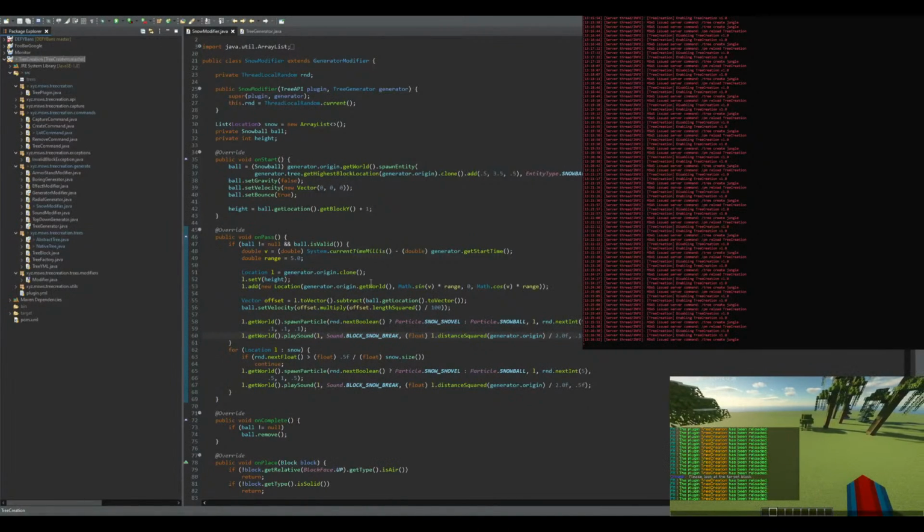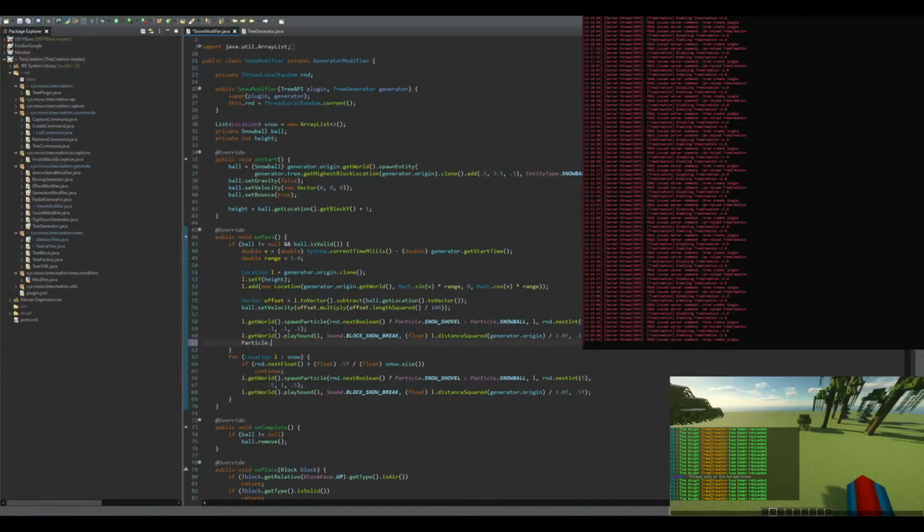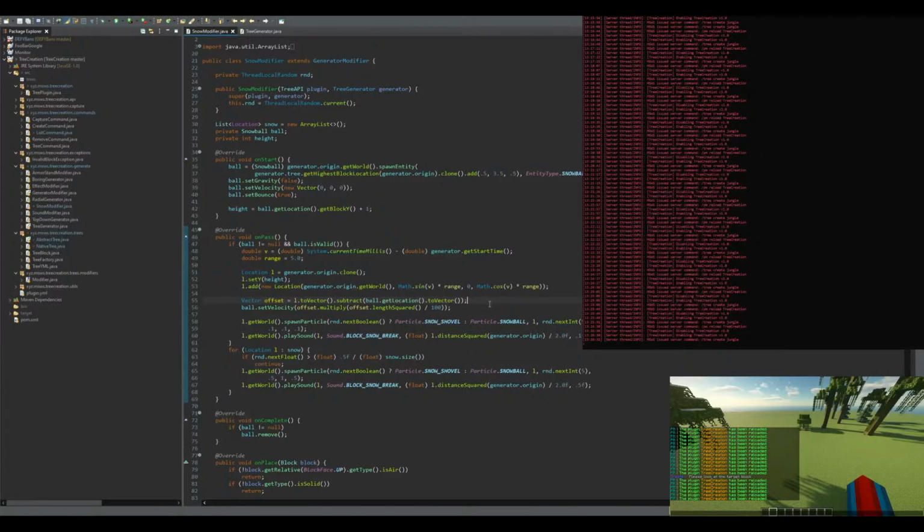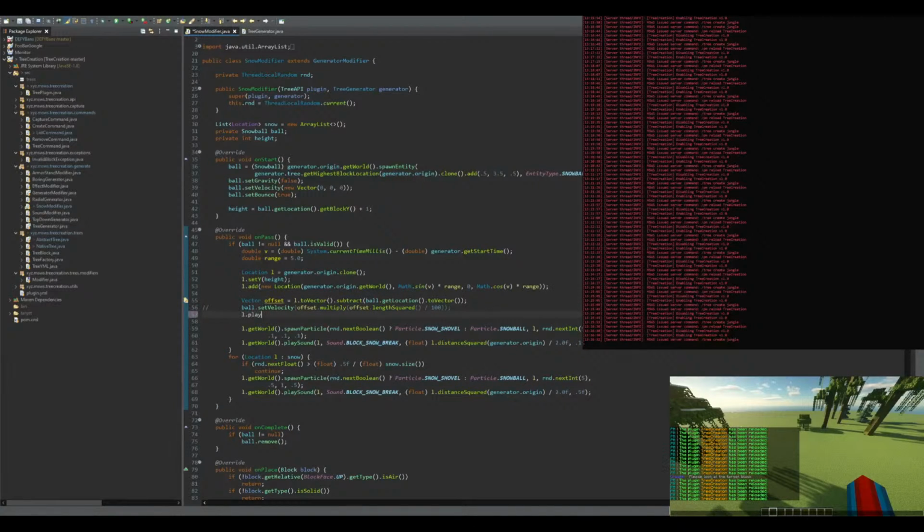Is there a particle effect? Oh my god, there is! That's probably what it is then. L.get world.play effect. L effects.snow ball? Anyways, one particle. Particle will be particle dot snowball. Gauge will be L. Height? I think it's amount actually. Right,